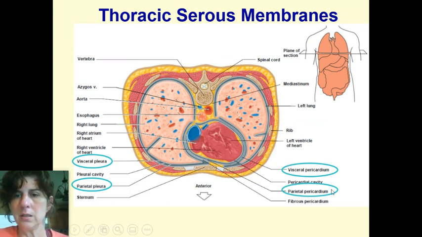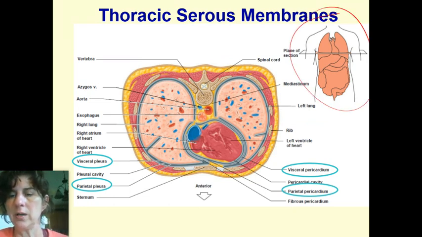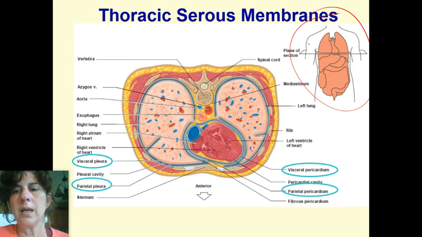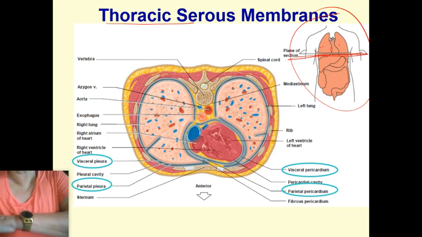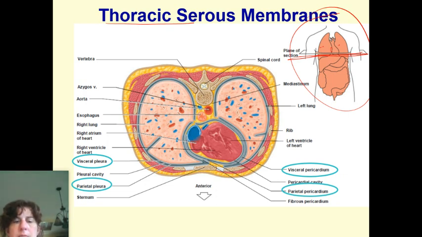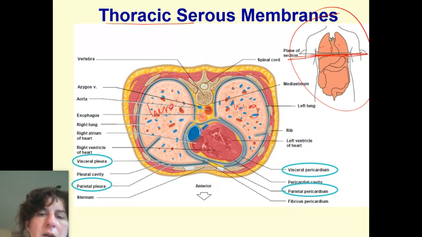So when I look at this, you can start with this picture over here in the corner. You see that I have a human body, and you've got the lungs and the heart and all the abdominal stuff. So this section is taking a cross section, like I just cut right here across my body and then flipped it so you could look at it. Now I'm looking directly at this. So this is lung tissue right here. This is a lung over here. Here's your vertebra right there.